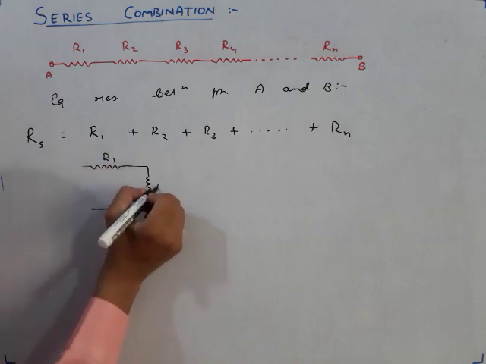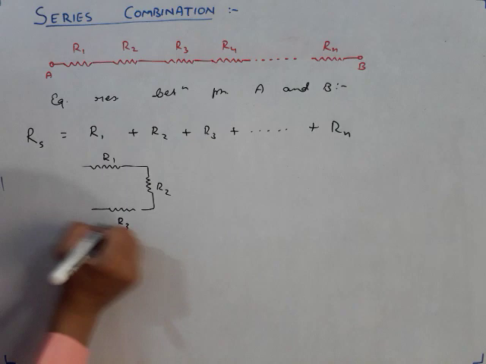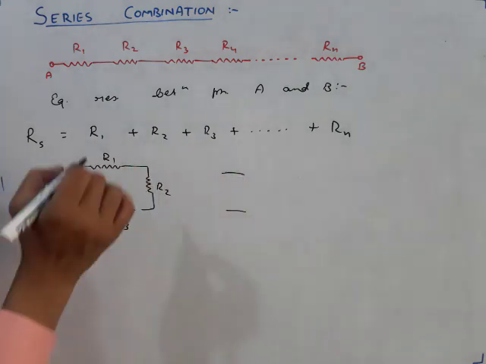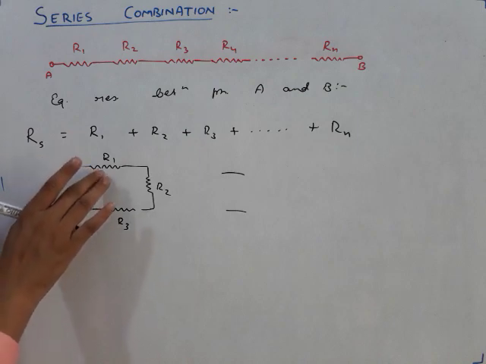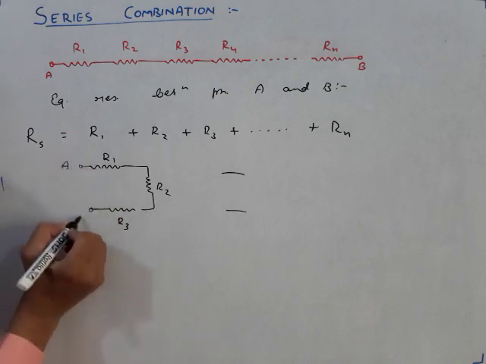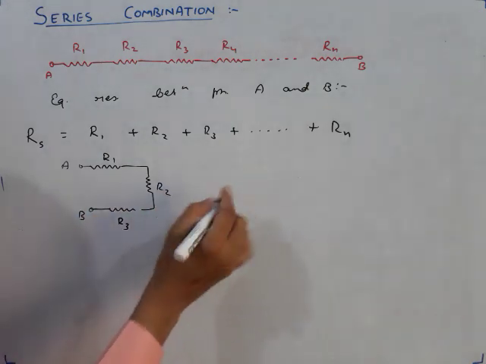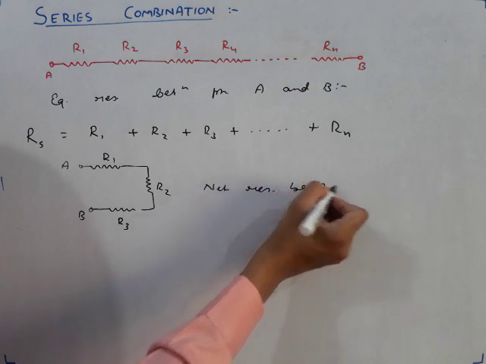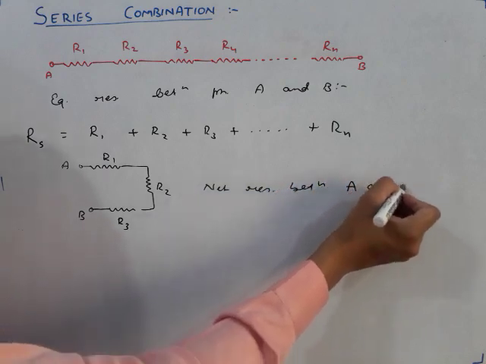This is R1, this is R2 and this is R3. Now here R1 and R3 are looking like parallel lines, so don't write that R1 and R3 are in parallel. If you are asked to find equivalent resistance or net resistance between points A and B in this figure,